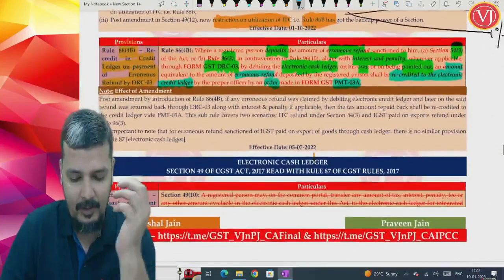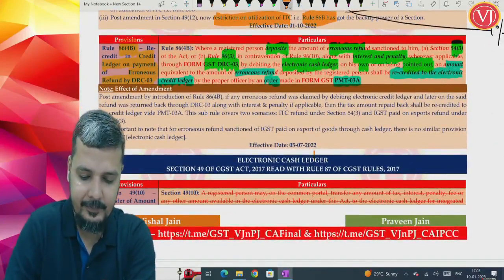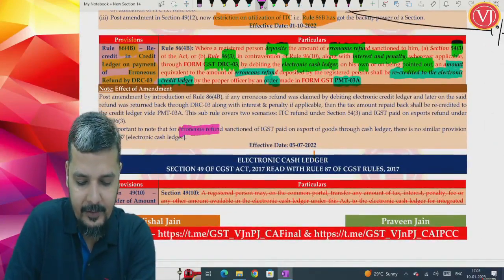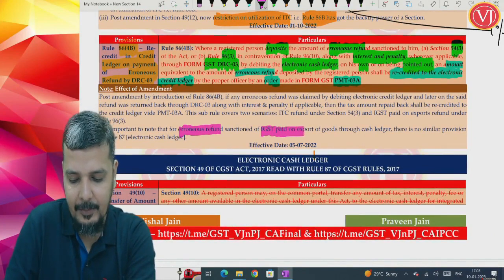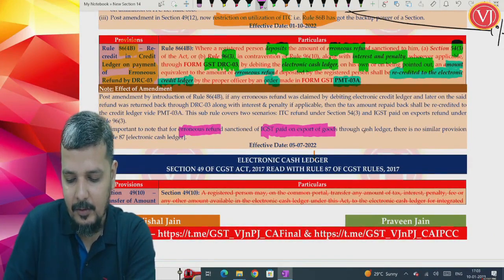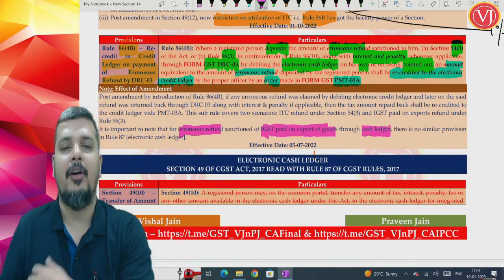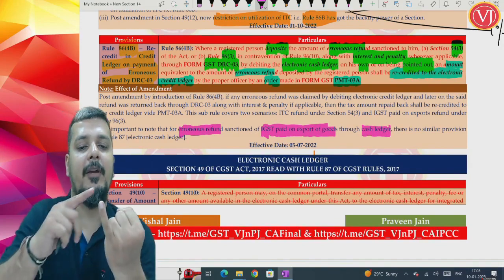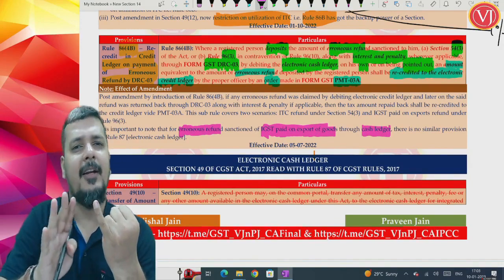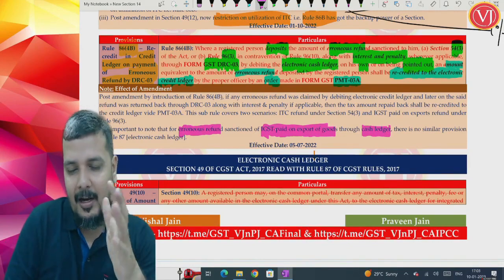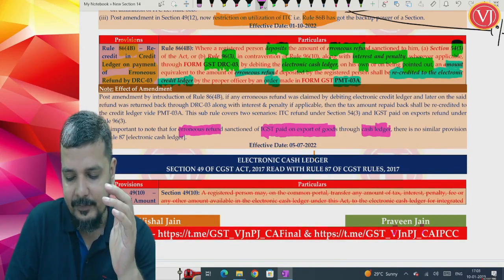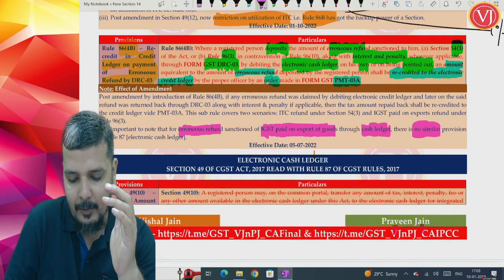So if you see a note, it is important to note that erroneous refund sanction in case of IGST paid on export of goods by cash ledger. When I am talking about IGST paid on export of goods, I can pay it by credit ledger. If I am paying by credit ledger, this provision makes sense. A part of it, if I am paying by cash ledger, then there's no such similar provision